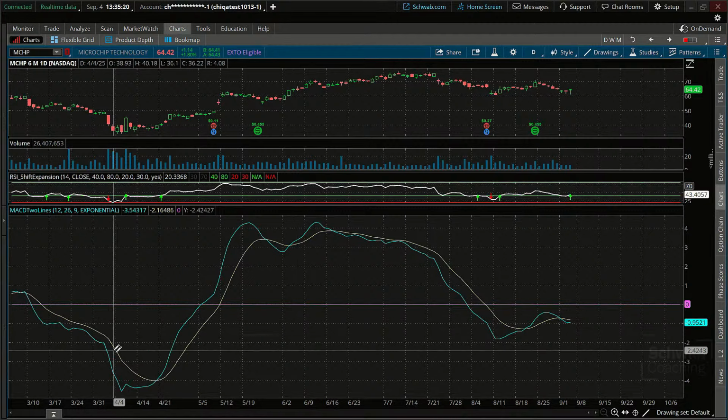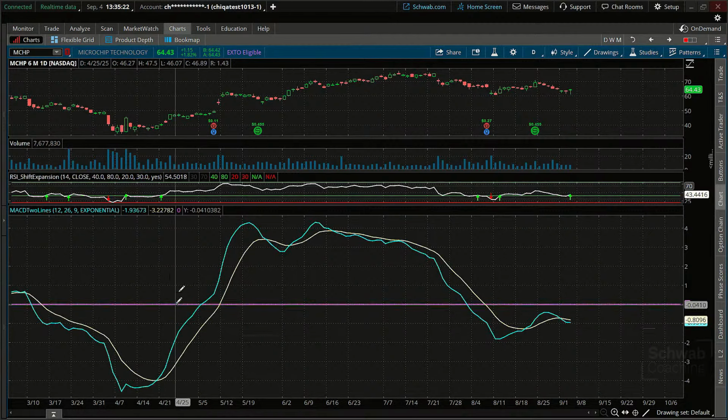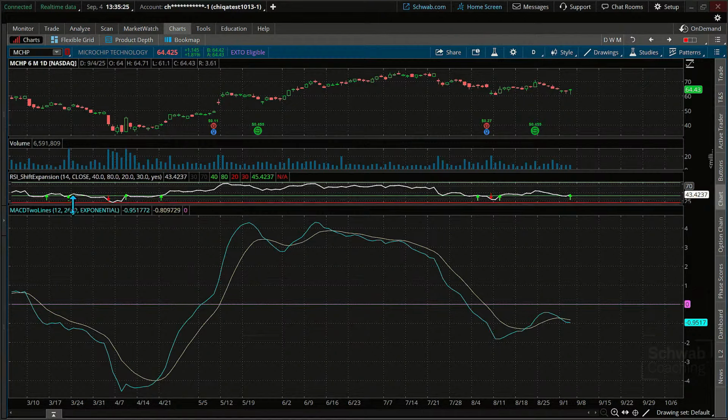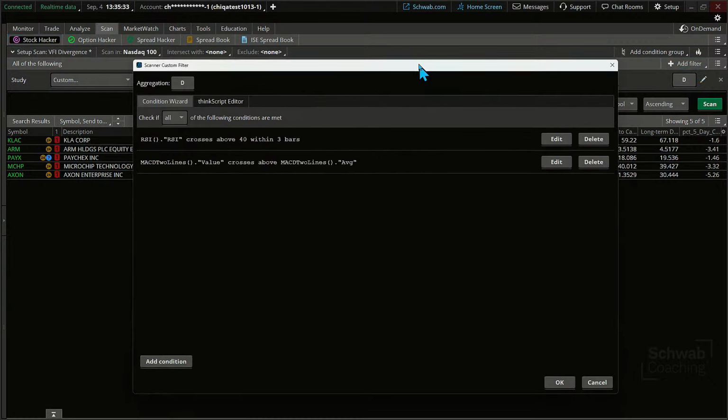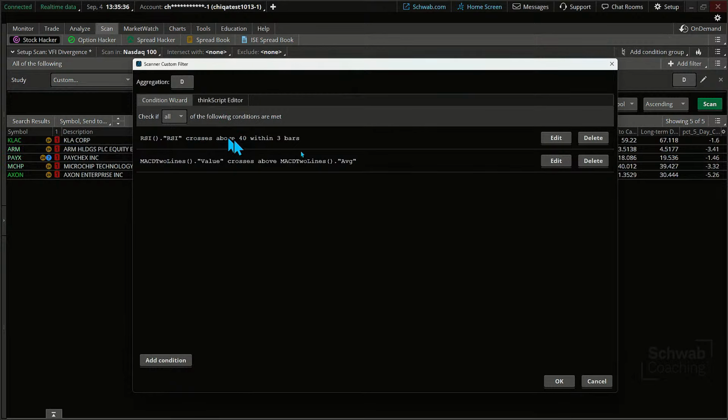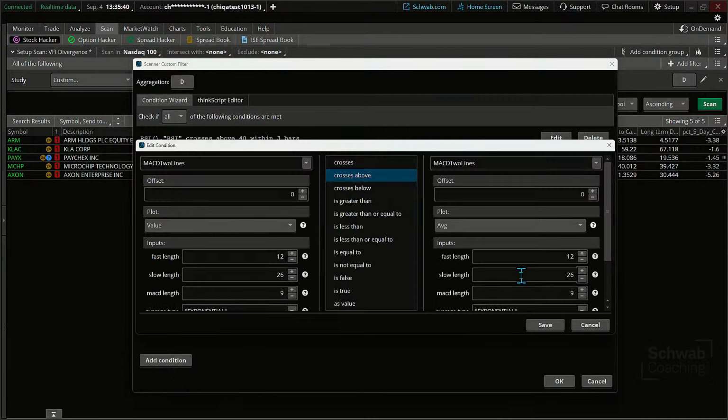That's a 9-period moving average on top of the 2-line MACD. Can you see it right there, the 9? So that's kind of the subtle difference. You've got to make sure you click on that. But all these little functions are there. Let's go back to it just so you can see it one more time. Notice you have to have both conditions in this case unfold in order for it to scan correctly.